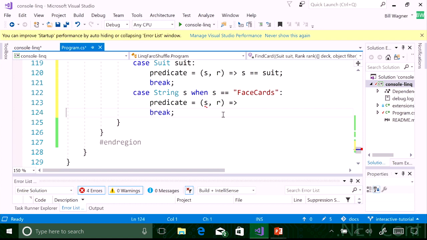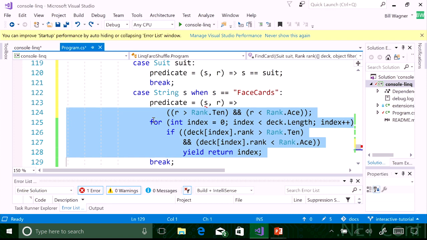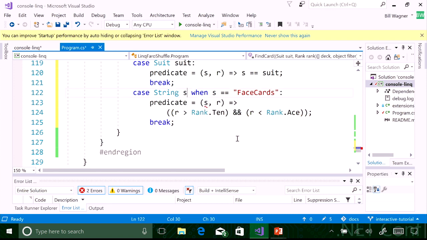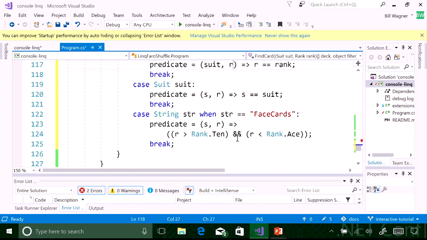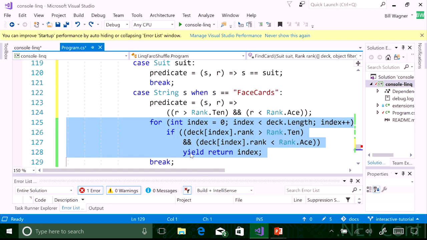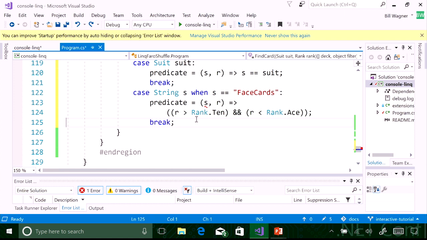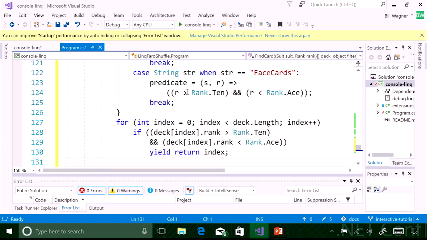And you can see I cannot use S because S was the variable I assigned to my string. So I'll just change this one up here so that we can keep these predicates a little bit consistent. Let's put back one of those loops. I'm going to copy the one loop down here, and I'm just going to say if